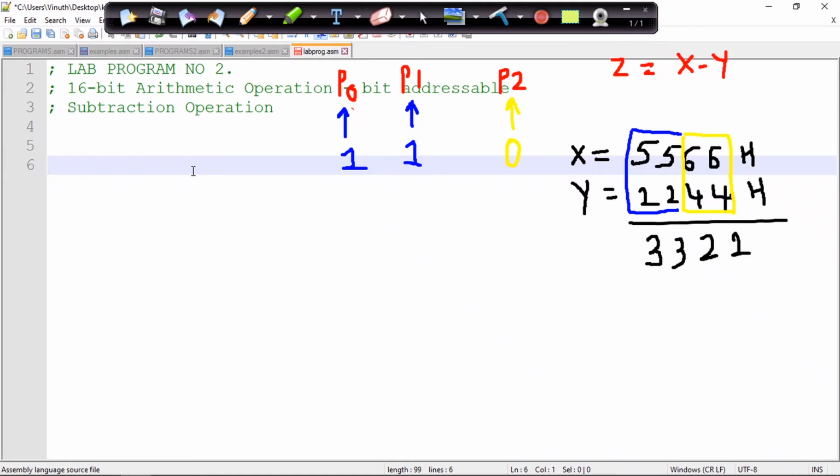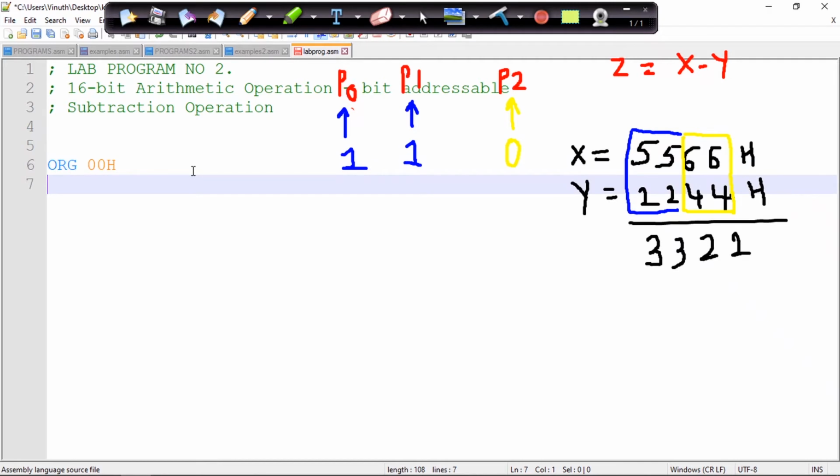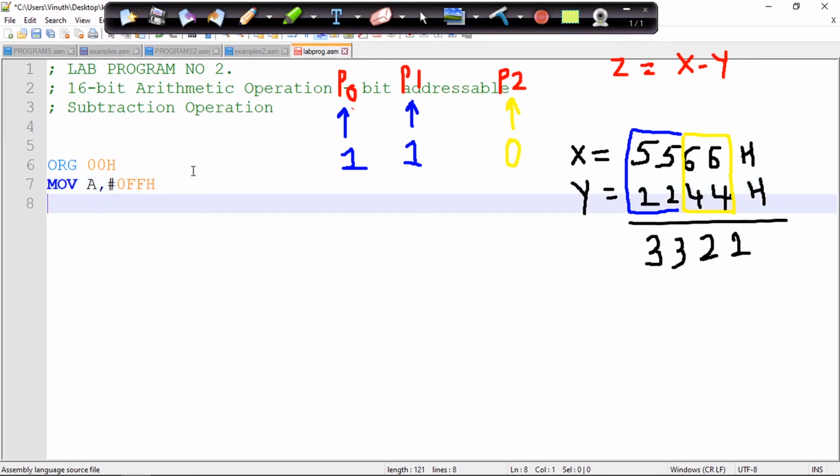As we said, I need to make my ports input ports and output ports. Let me make 0 hex as my starting point. In order to make port 0 and port 1 input ports, I'll be loading the value 0FFh into my accumulator so that all bits are 1.